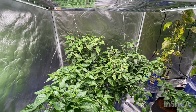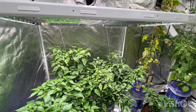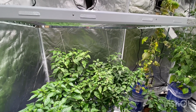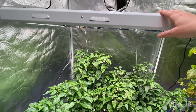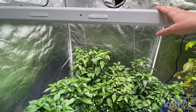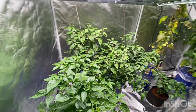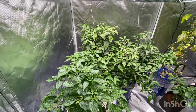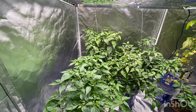When you're looking at cost comparison, they are about equal in cost. This lamp here, the footprint is much larger than the Spider Farmer, and little to no heat. It's very comfortable in here. My plants have done very well in this environment. So I'm just trying to save individuals a little bit of time and frustration and money, because my whole reason